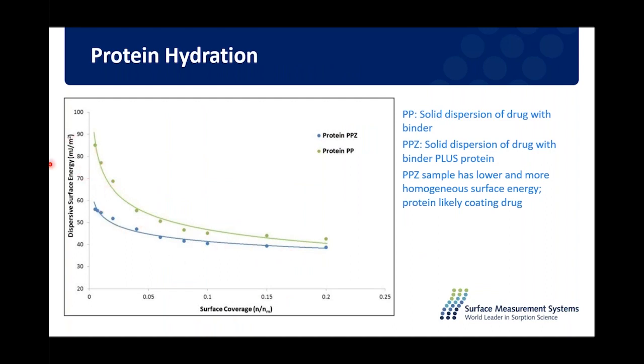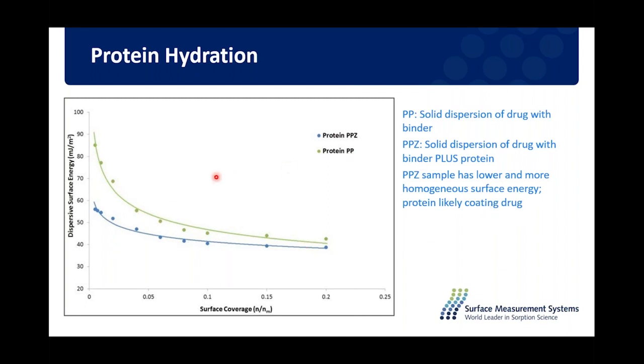In this plot, we can plot the surface energy as a function of surface coverage. This essentially means that at low surface coverages, on the left-hand side of the graph, we are measuring the surface energy of the top 1% of surface sites. Then we can do higher concentration experiments where we're measuring the top 5%, the top 10%, 15 and 20%, and so on, and we can build up this profile. Although the average surface energy, as I coat more and more of the surface, might look very similar for these two protein samples, if I look at the lower coverages, we can see that these two are quite different.